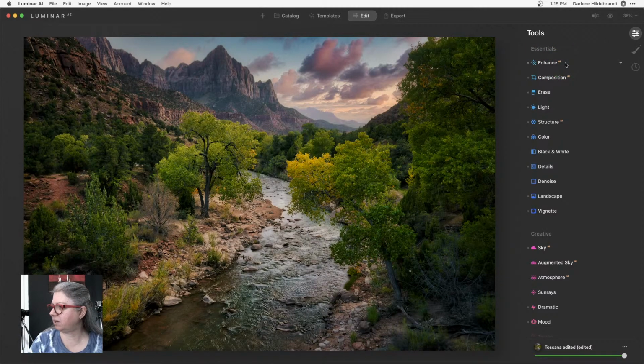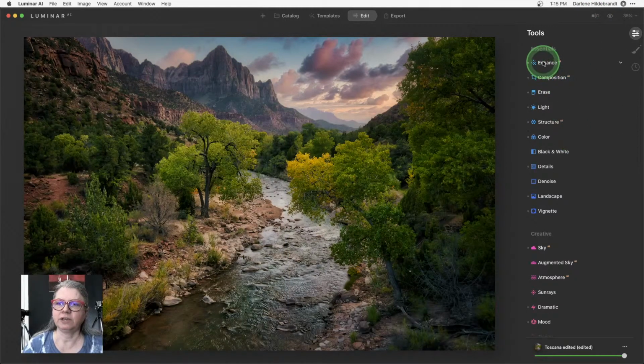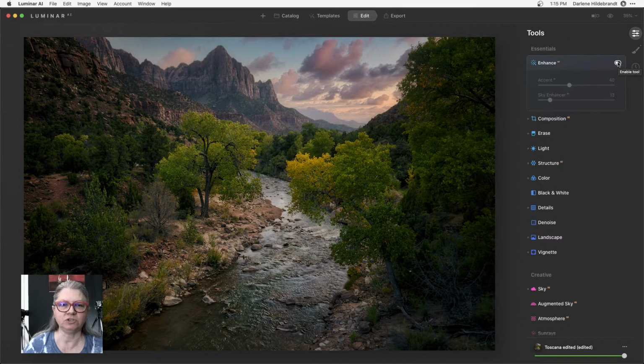Yes, I can do a side-by-side. I can't do a side-by-side, Janet, but I can do this type of thing. So I can do a split screen, right? So you can see what's happening there, right? Big difference in the contrast and the color boost, as well as the sky, right? So I can see that Enhance AI has been applied. And you can also just turn off each of these things individually, right?